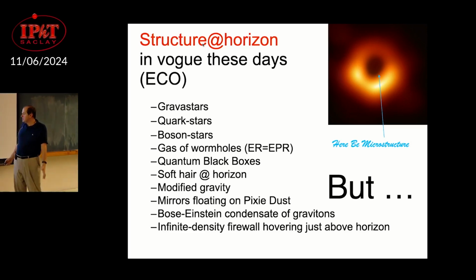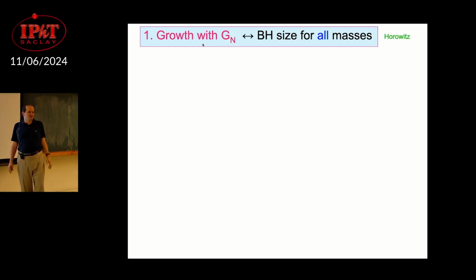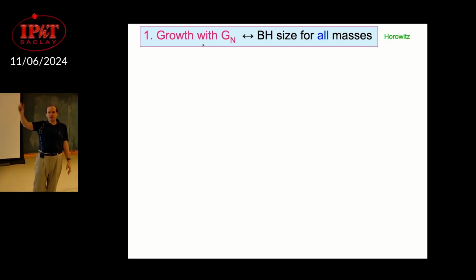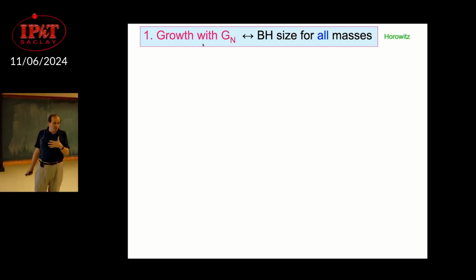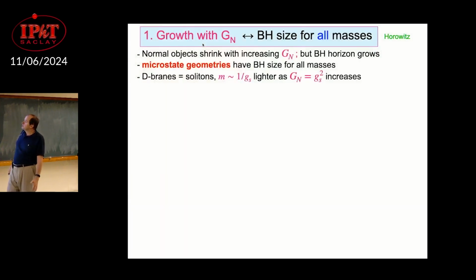So this is basically the first thing which Gary Horowitz first impressed upon me. When Samir came with his proposal, I was in Santa Barbara, and Gary Horowitz said, every few years somebody comes and tries to replace the black hole horizon. All these proposals have a big hole. They don't grow. If you want to replace the black hole with something, the something you build must grow with G Newton. It might actually become larger with G Newton. And therefore, Gary was saying that all these proposals are going to be garbage and trashed because whatever you put to replace the black hole horizon doesn't grow with G Newton.